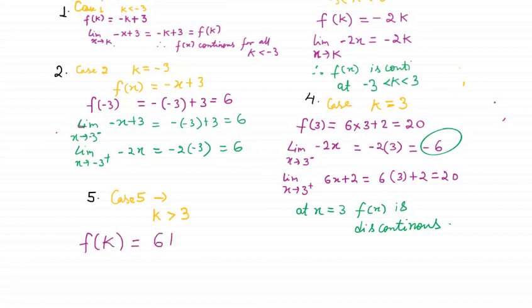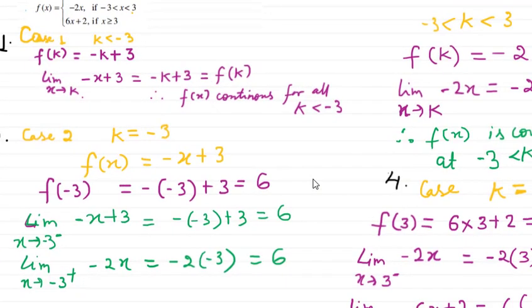So our f(k) is how much? 6k plus 2, and for both the limits, left hand and right hand limit as x tends to k, only one function is valid, that is 6k plus 2. I hope this one is clear. So 6x plus 2, after putting x here, we will get 6k plus 2. And now you can see both these are equal. So therefore, as I already told, this will be continuous for all the values which are greater than 3.